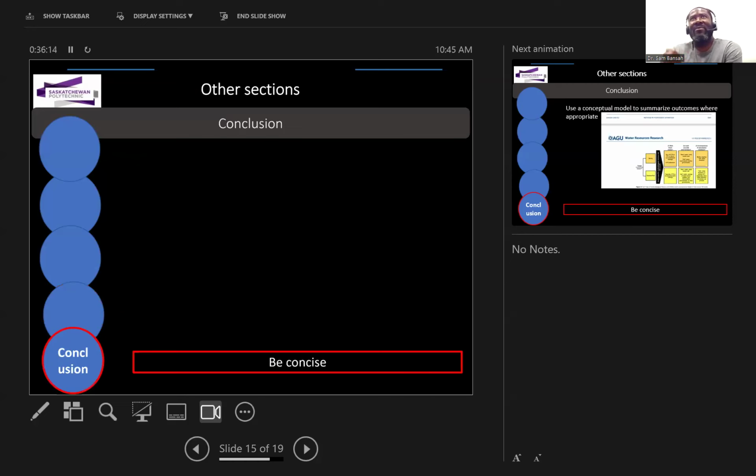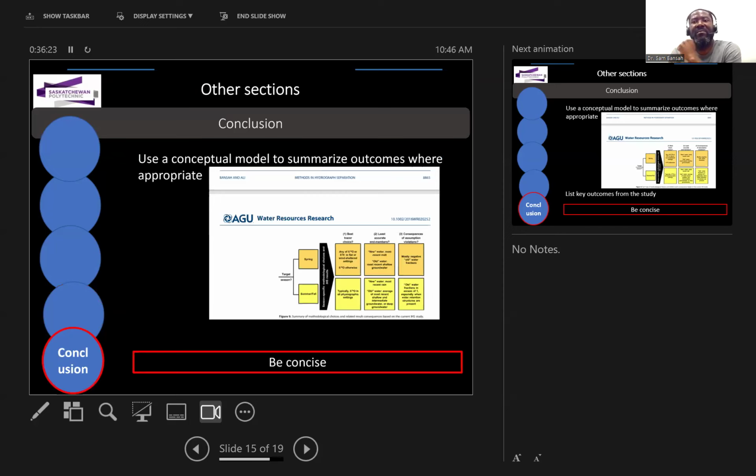And now, of course, the conclusion. We come to the conclusion. The conclusion is the conclusion. Be brief and be concise. Use conceptual models to summarize your outcomes as much as possible. This is a nice conceptual model that captures the results of a paper that was published some years back. Very simple, everything is there. Somebody can just look at the conceptual model and then